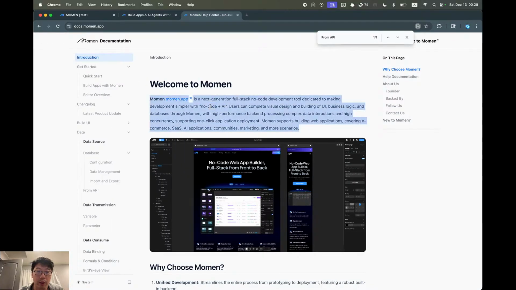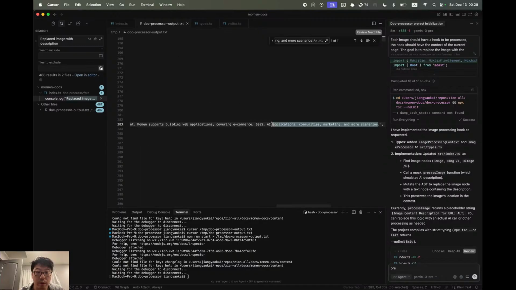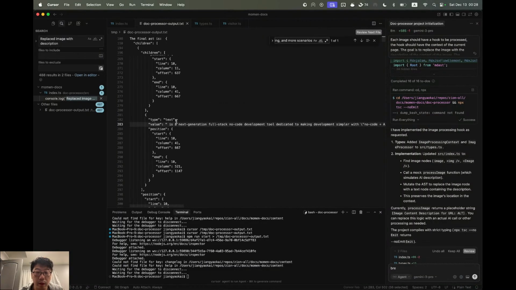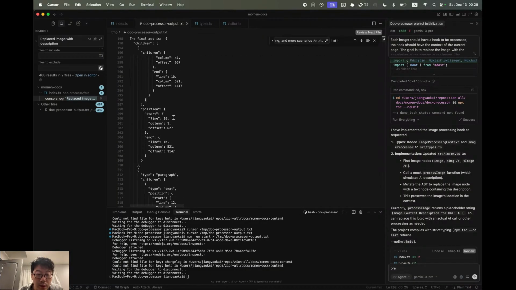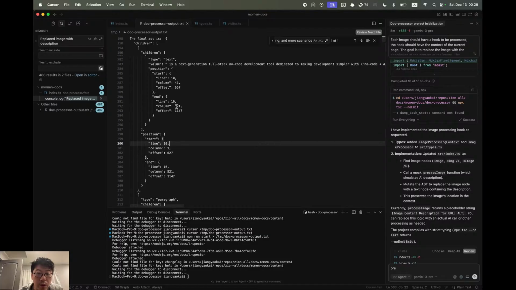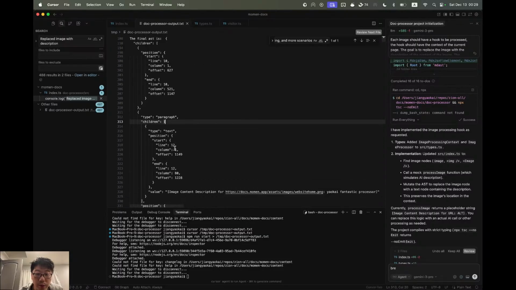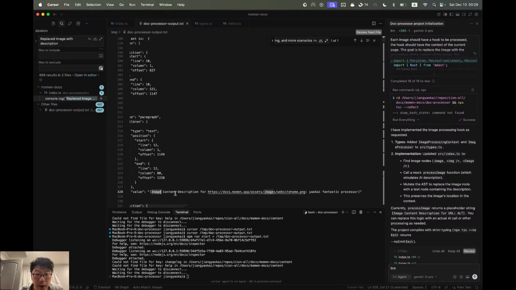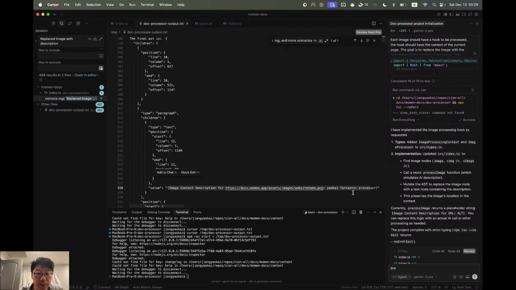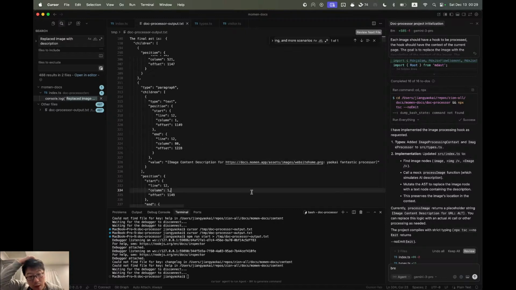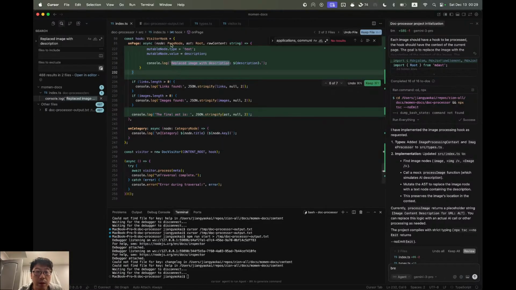So this should be fairly, like, I should see this. Okay. That's a text. Position. Paragraph. Value becomes this. Yay! We have replaced the image. That's good. So now all I need to do is